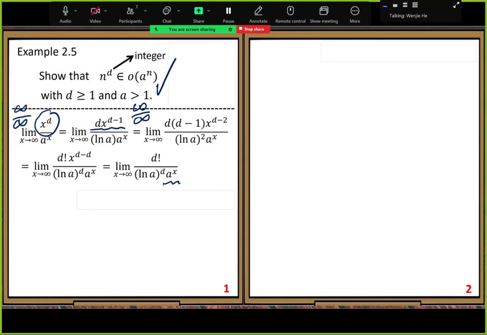So in the original question, first we consider D is a